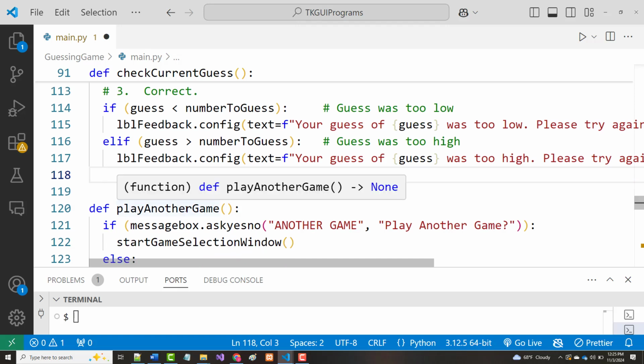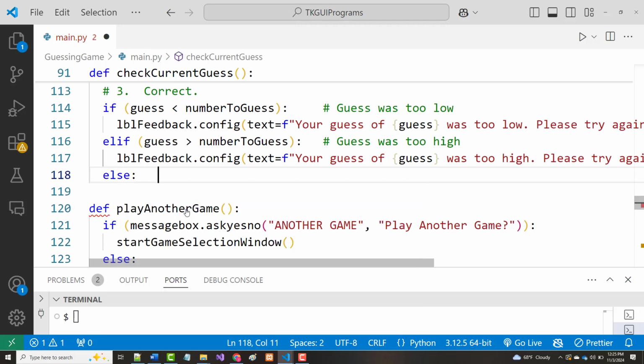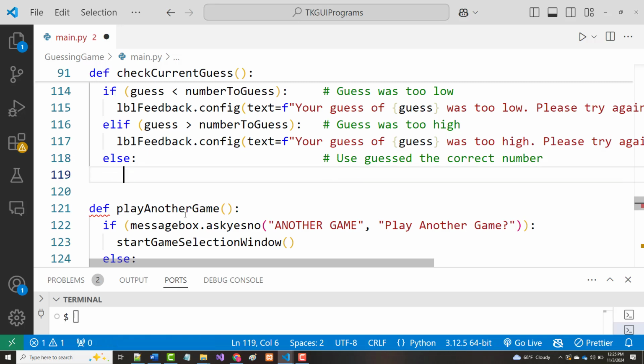So, else, the user guessed the correct number. So if that's the case,